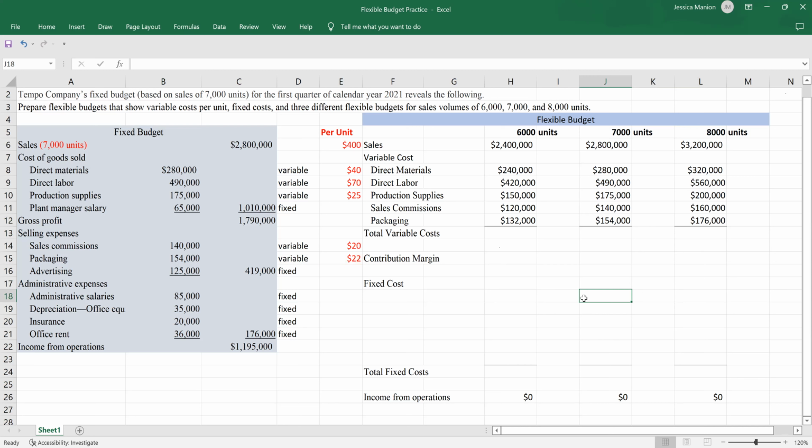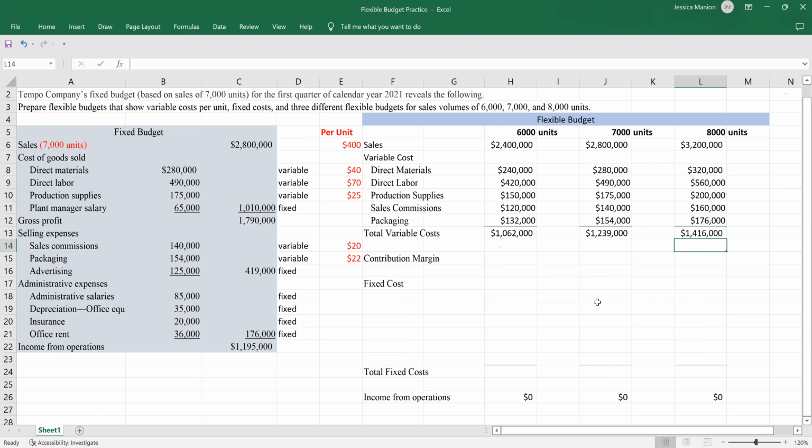So now we have all of our variable costs listed. We can total them up. So equals the sum, all of these together. So at 6,000 units, total variable cost are 1,062,000. At 7,000 units, total variable cost, 1,239,000. And then finally at 8,000 units, we add all of our variable costs together. Total variable cost,